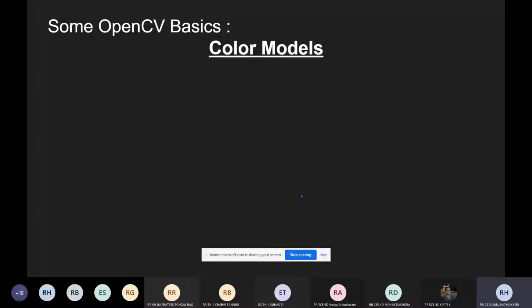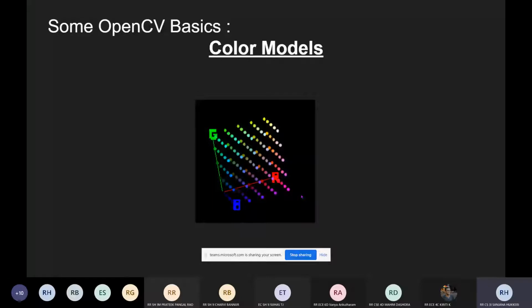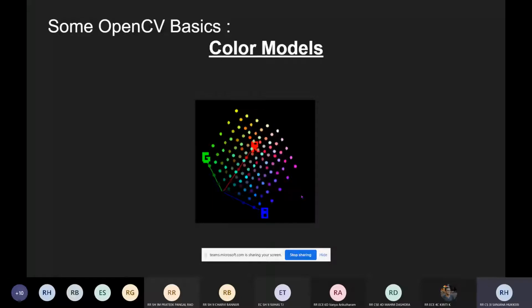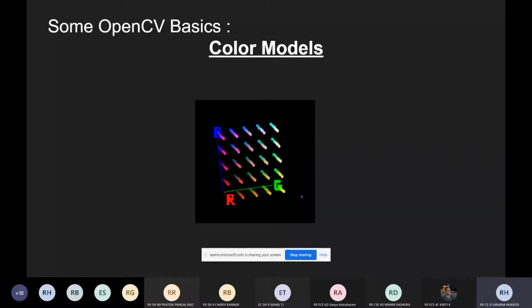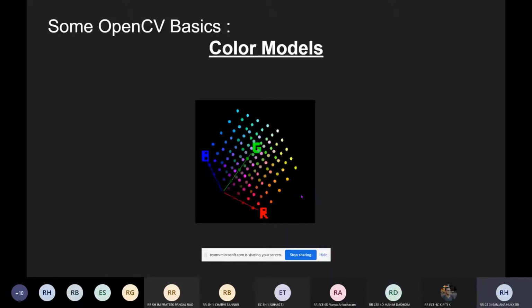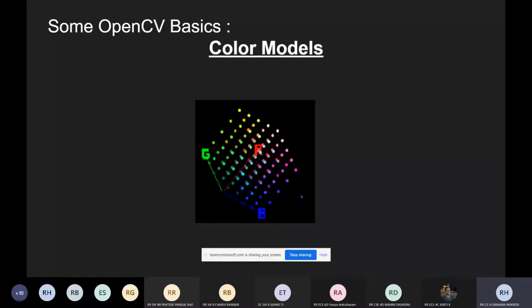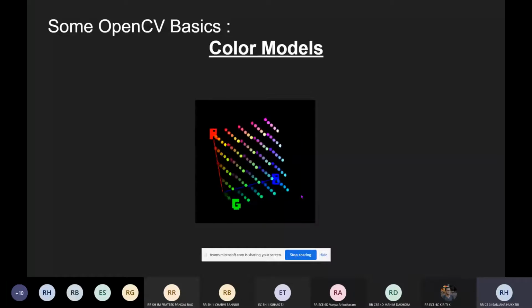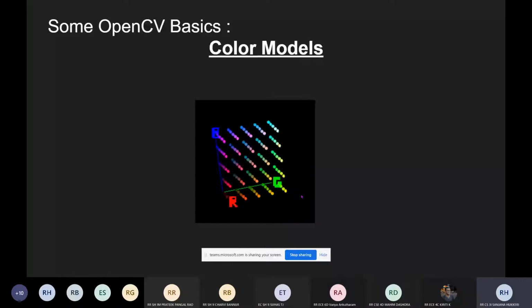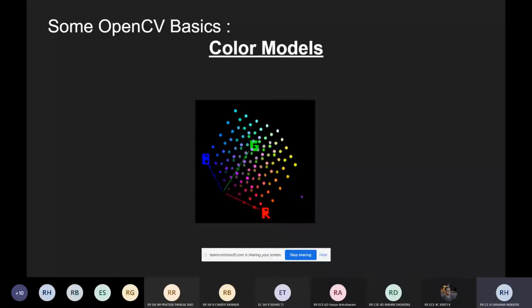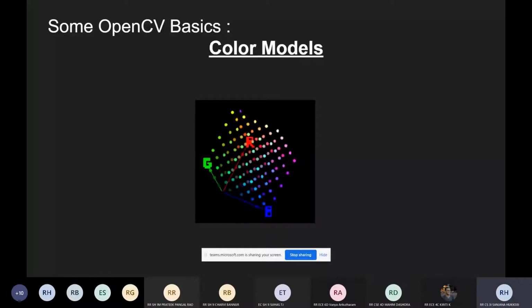The first color model that we'll be seeing is the RGB color model, which is the base or the standard color model. It has three dimensions, as you can see, three axes: red, green, and blue, that are mixed to produce a specific color. When defining a particular color in this dimension, one has to know the sequence of the colors in the color spectrum. For example, a mix of 100% red and green produces yellow. So if you go along red and green up, you get yellow.